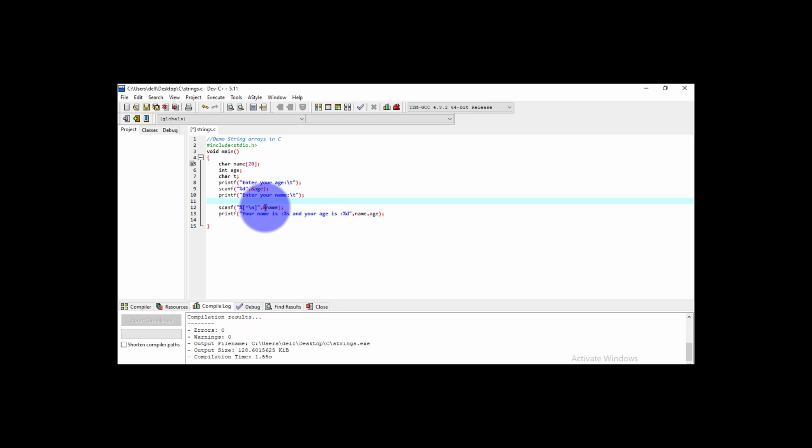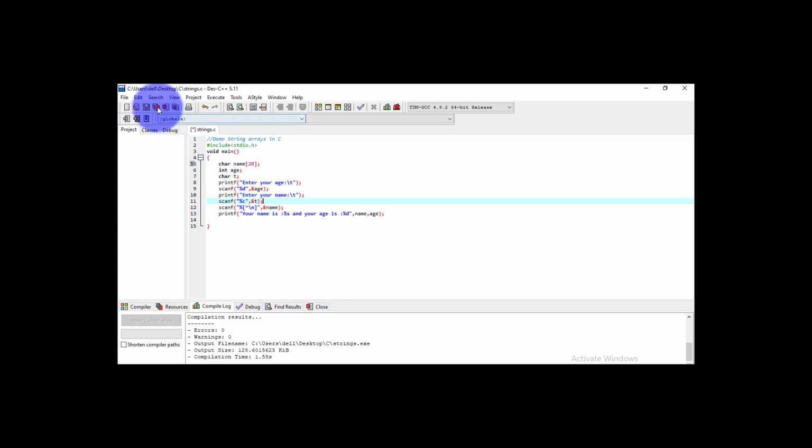Before reading into the array name, I am writing one more line, that is scanf, with the format %c and the variable t. What it will do is clear the buffer, and whatever enter key we press will be read into this variable.